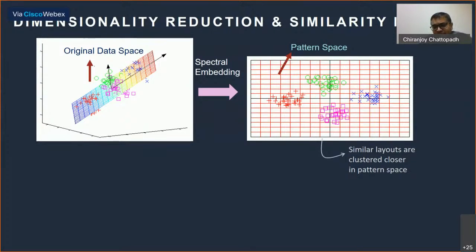This is not exactly how it is being done, but it is an illustration, where the spectral embedding is helping us form these nice clusters. Due to these clusters, we can now identify the separating hyperplanes across them, and using those separating hyperplanes, given an input,